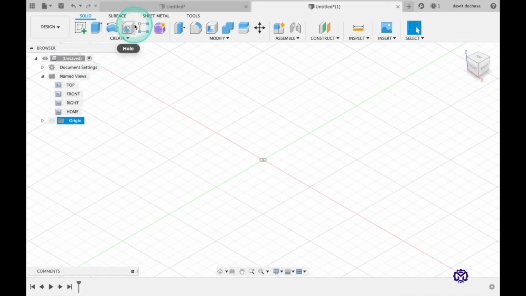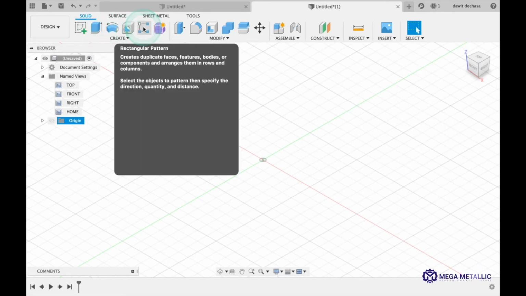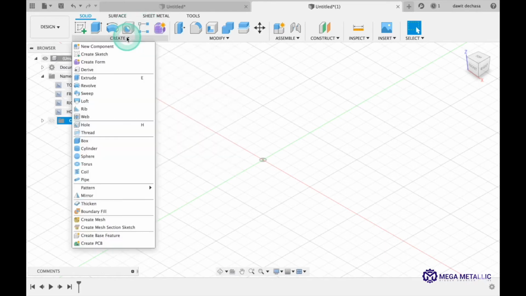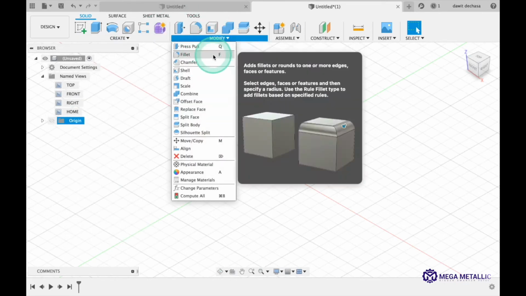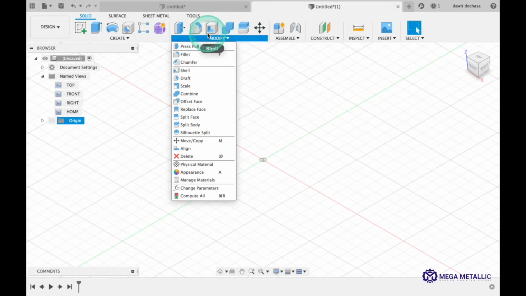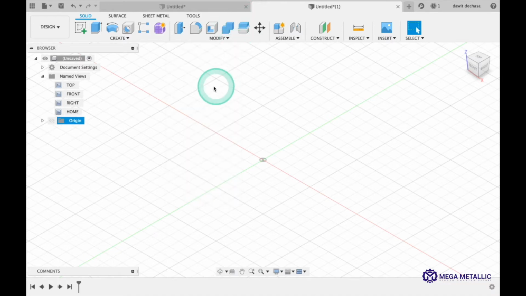And out here we have sketch, extrude, revolve, and a pattern, rectangular. They might have a circular pattern, but that will be for next time. And we're going to be using fillet here. Yeah, they have a lot of things that we can use for different projects. And now let's go ahead and start by creating our